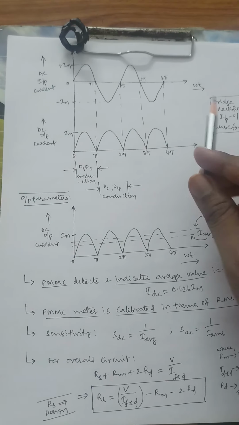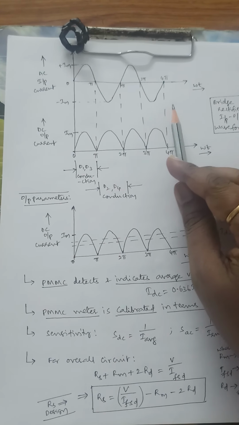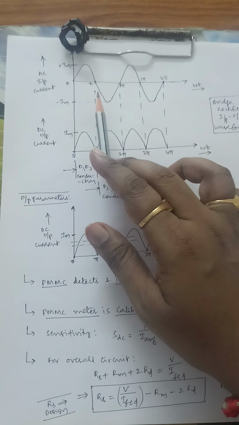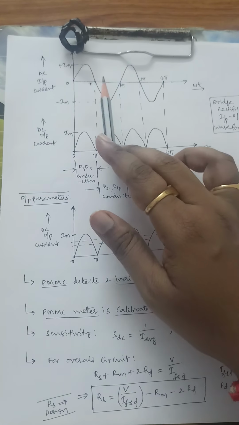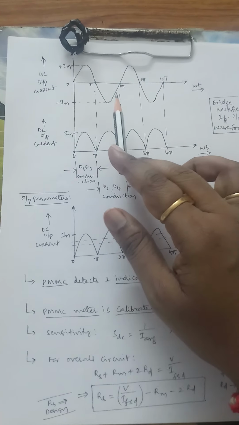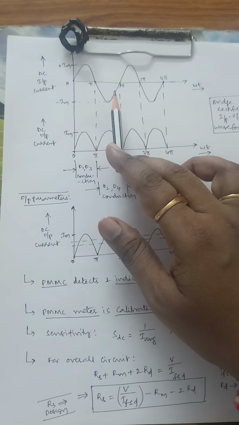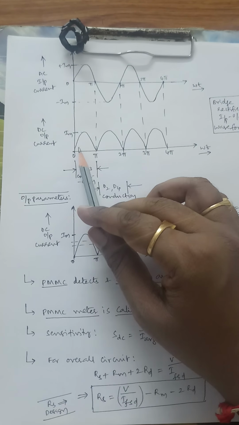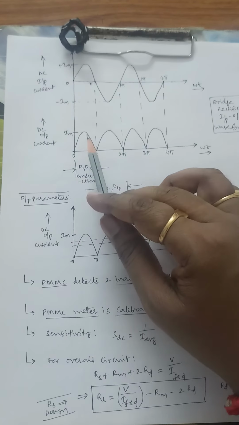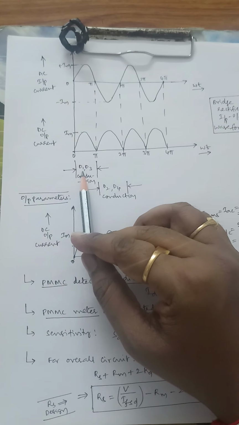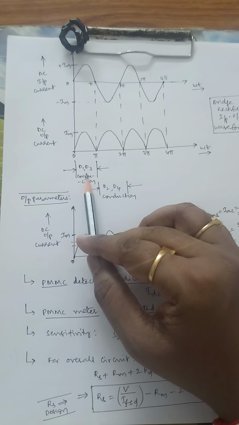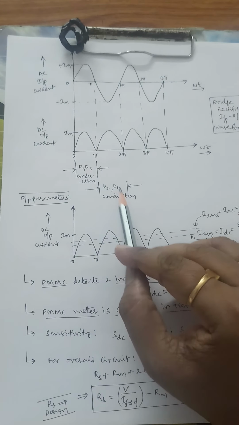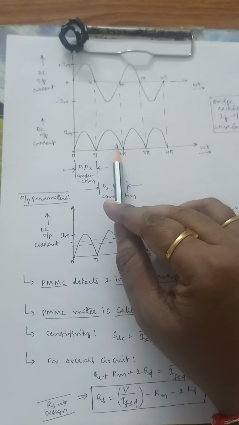So these are the bridge rectifier input and output waveforms. You can see a sinusoidal nature drawn for a cycle of 0 to 2 pi. The positive half cycle is from 0 to pi, and the negative half cycle is from pi to 2 pi. Between 0 to pi, the positive half cycle of AC is converted to DC, and here D1 and D3 are in the conduction state. For the negative half cycle, from pi to 2 pi, D2 and D4 are in the conduction state, so it is converted to DC.